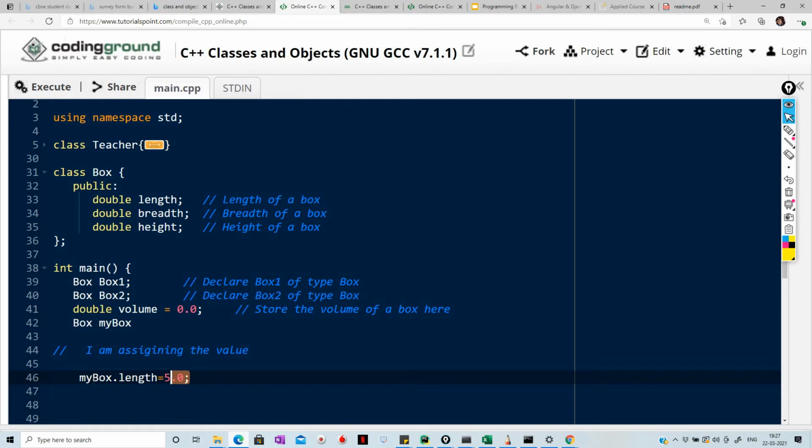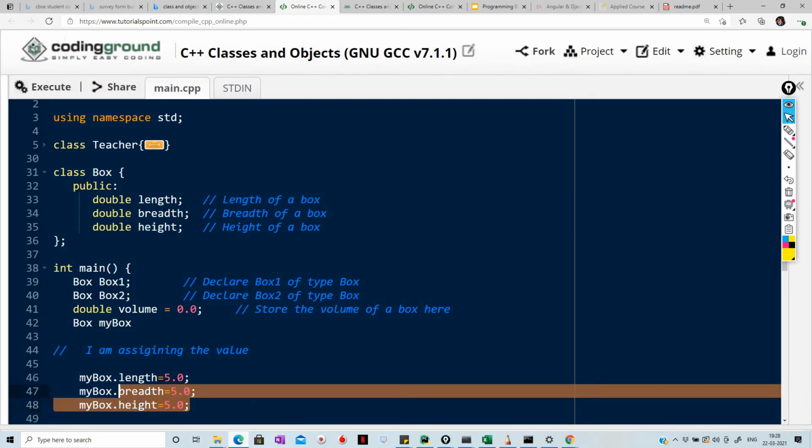And okay, you can just copy this code and paste it 3 times and just change the variable name, like let me take breadth and let me take the height.